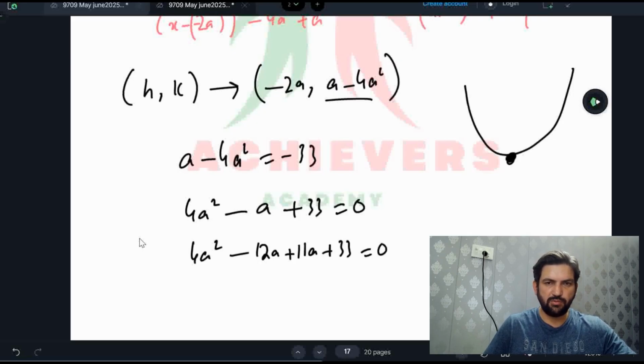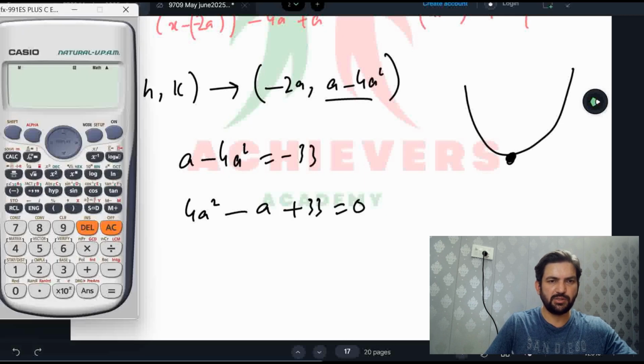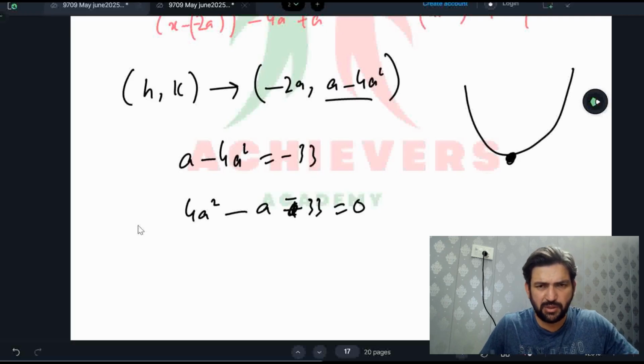So what we can do is use reverse engineering. We can apply the reverse engineering over here, but we have to show our working. Be very clear about this one. So a is 4, b is minus 1 and c is 33. Okay, there is a sign mistake there. This should be minus 33. So 4a square minus 12a plus 11a minus 33